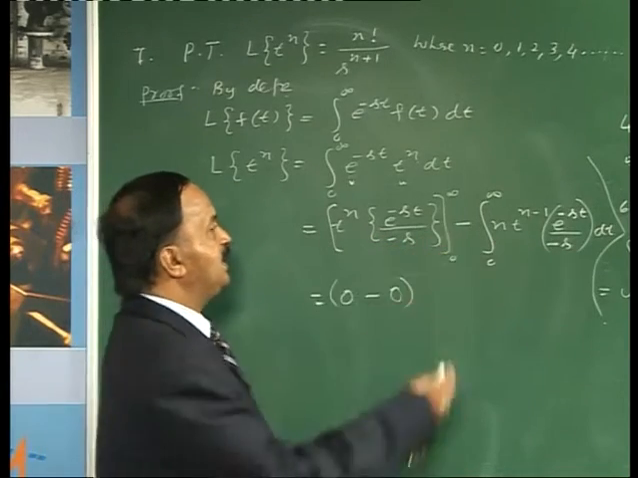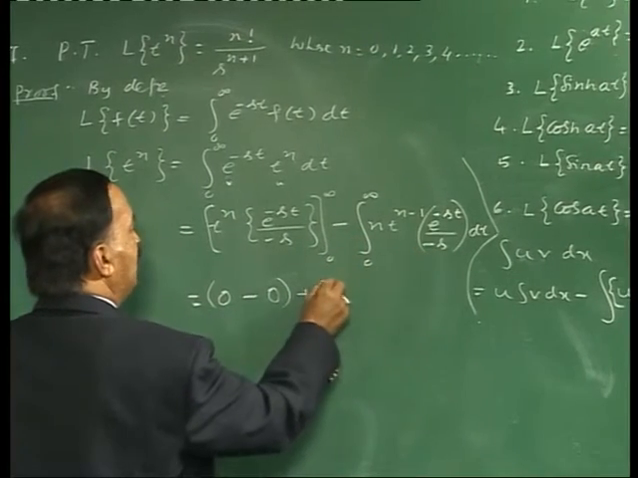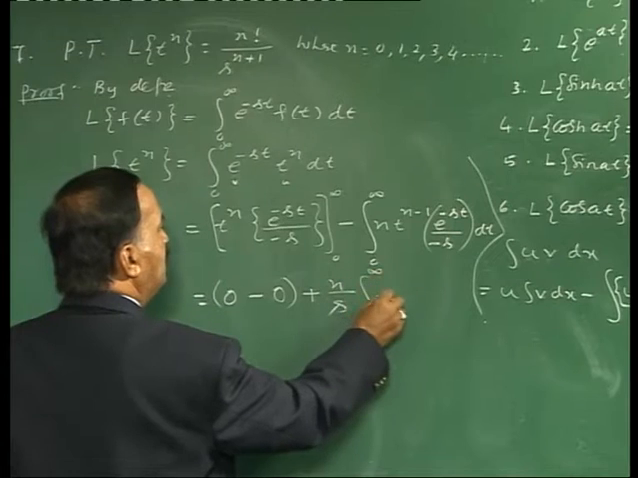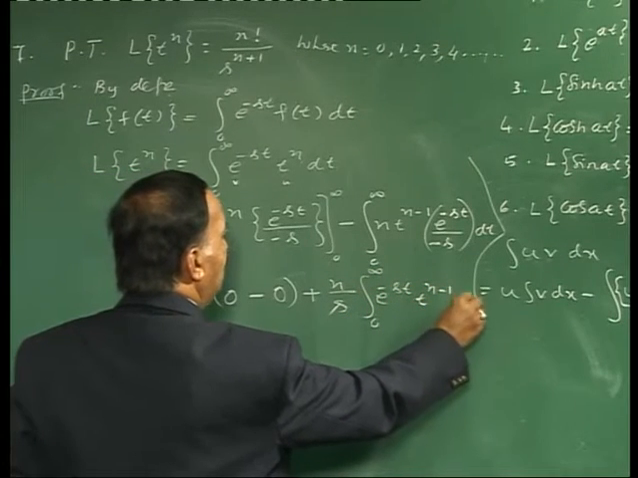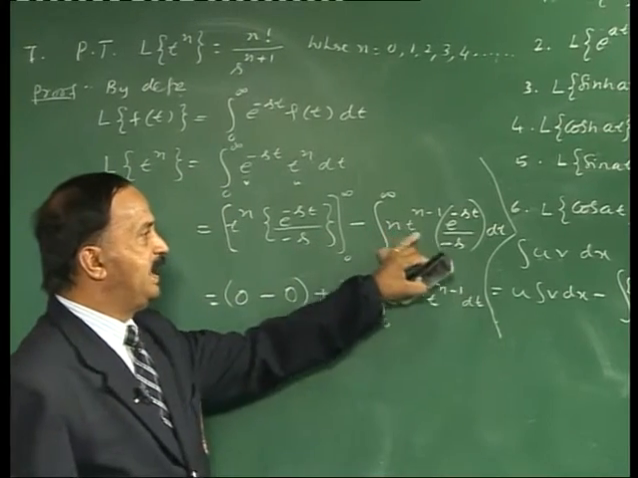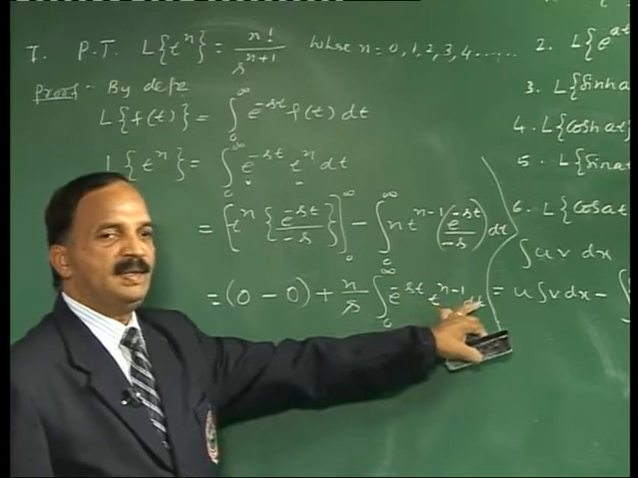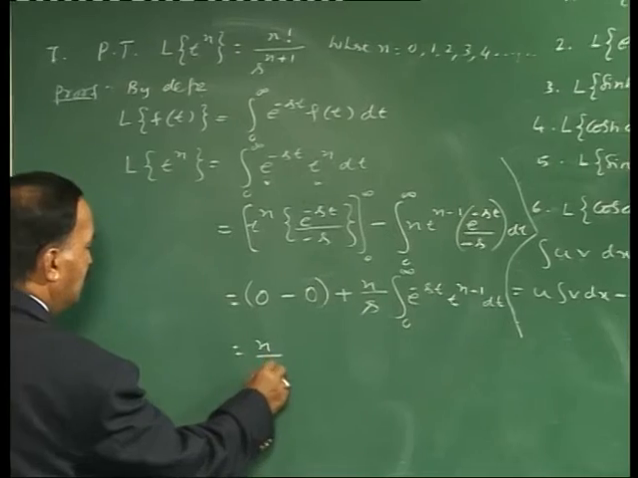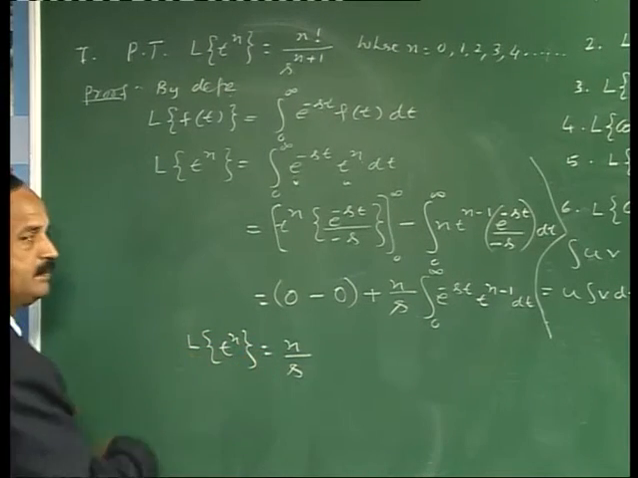Minus into this minus gives plus. n by s you take outside, the remaining is the integral from 0 to infinity of e to the power of minus st into t to the power of n minus 1 dt. Here minus into minus plus n by s into e to the power of minus st t to the power of n minus 1 dt. That is equal to n by s into, so L of t to the power of n is equal to,